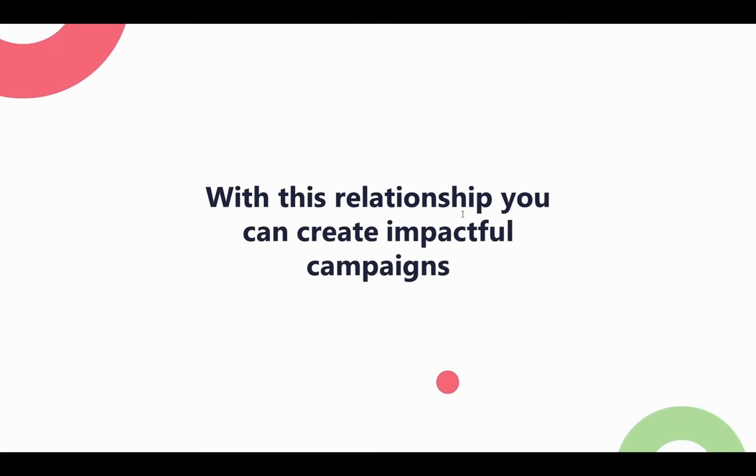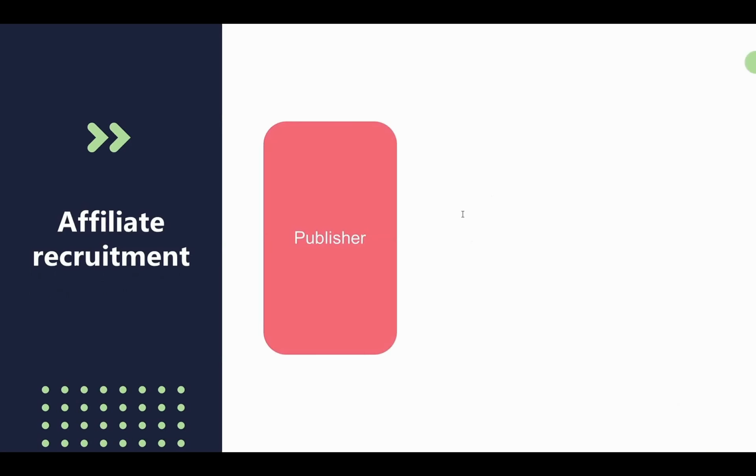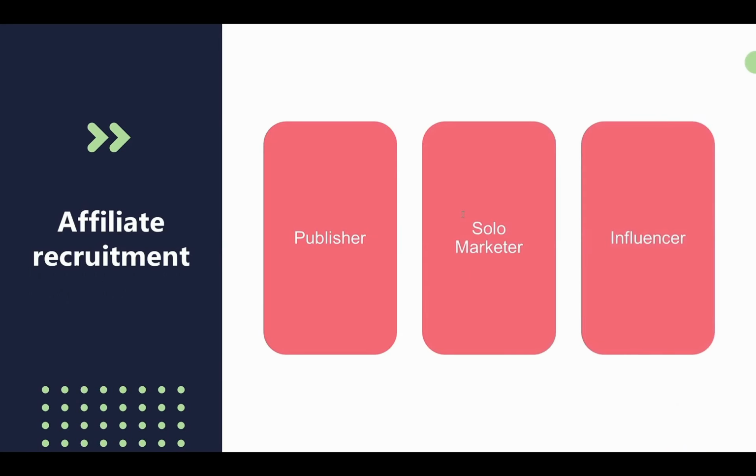In order for your affiliate program to be successful, you need affiliates. And unfortunately, they don't just come because you've launched your network. Affiliates won't know that you are there unless you tell them, so you essentially need to sell your products to them. There are 3 main types of affiliates. First, we have influencers, which we've discussed before. Solo marketers, which are individuals with generally at least some marketing experience. And then publishers, which would be referring to websites or business entities.